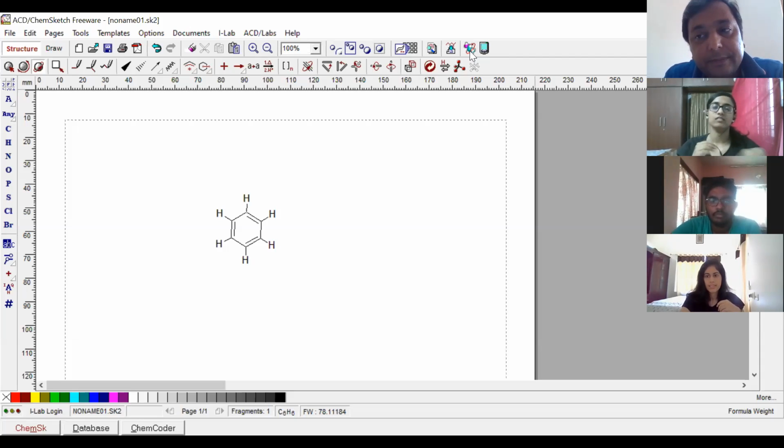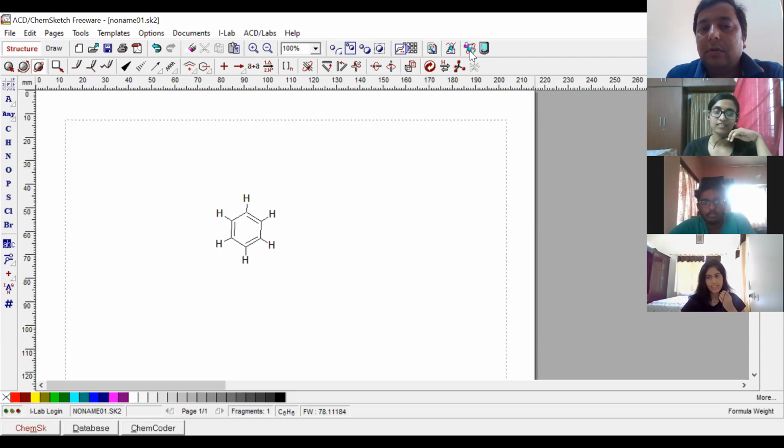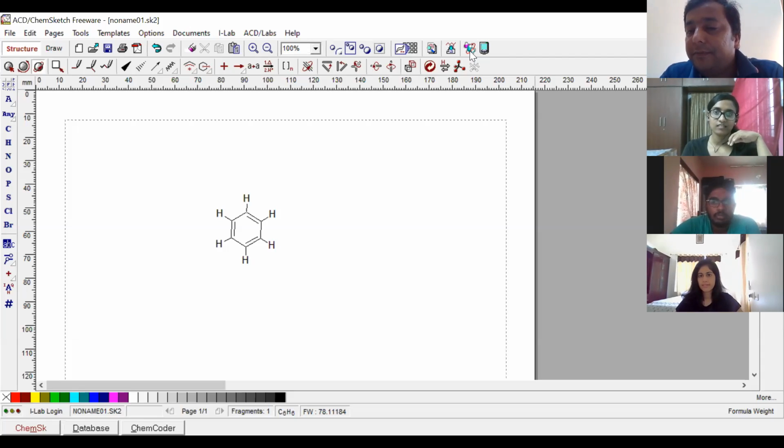Yes, please. We are not able to see your screen. The cursor is not moving. After you pointed at the 3D viewer, it's frozen. Is the 3D viewer screen visible or not? Your screen is visible, but whatever you're doing is not visible. We're not able to see the movement.